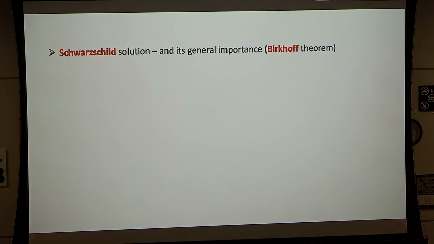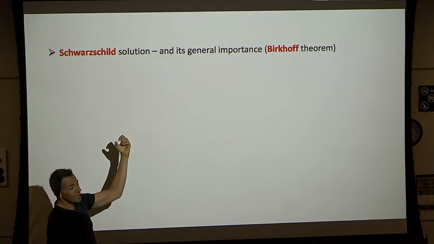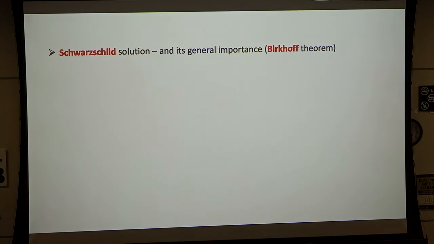We emphasized that the Schwarzschild solution is not just the first GR solution that was calculated back in 1916 in the quietness of the trenches of World War I. It is relevant because of Birkhoff's theorem, that tells us that that's actually the most general static spherical symmetric solution